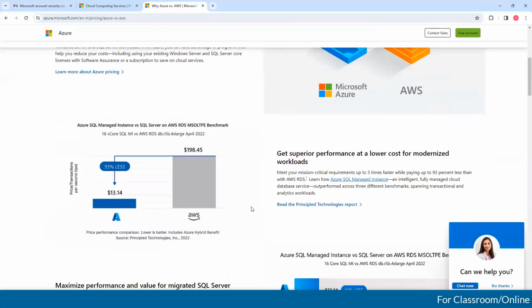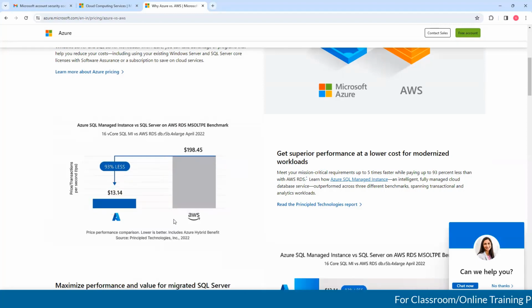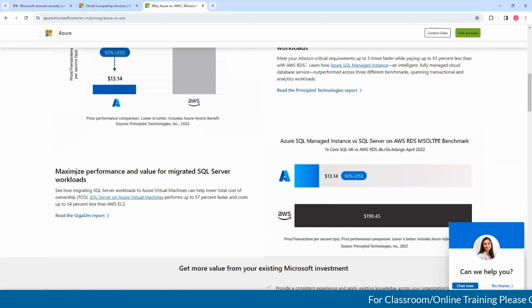Clear. See, here in services, SQL Server costs $13 in Azure and $200 in AWS. So this is the difference between AWS and Azure.